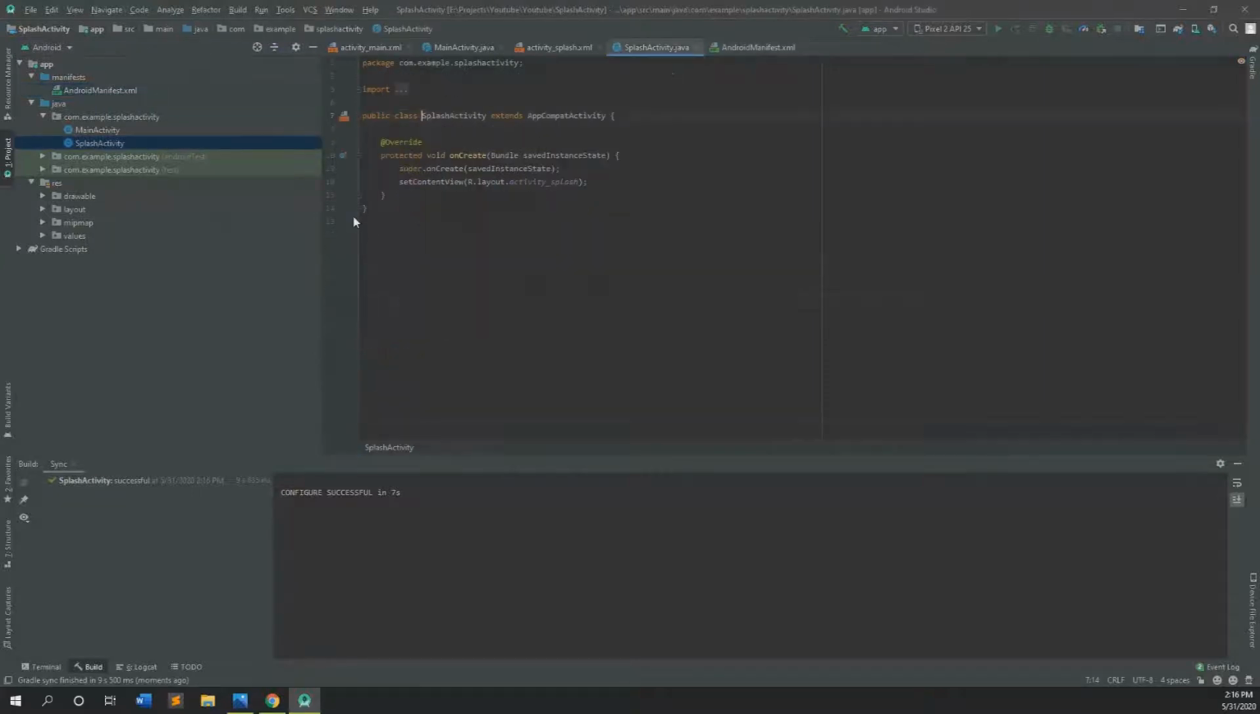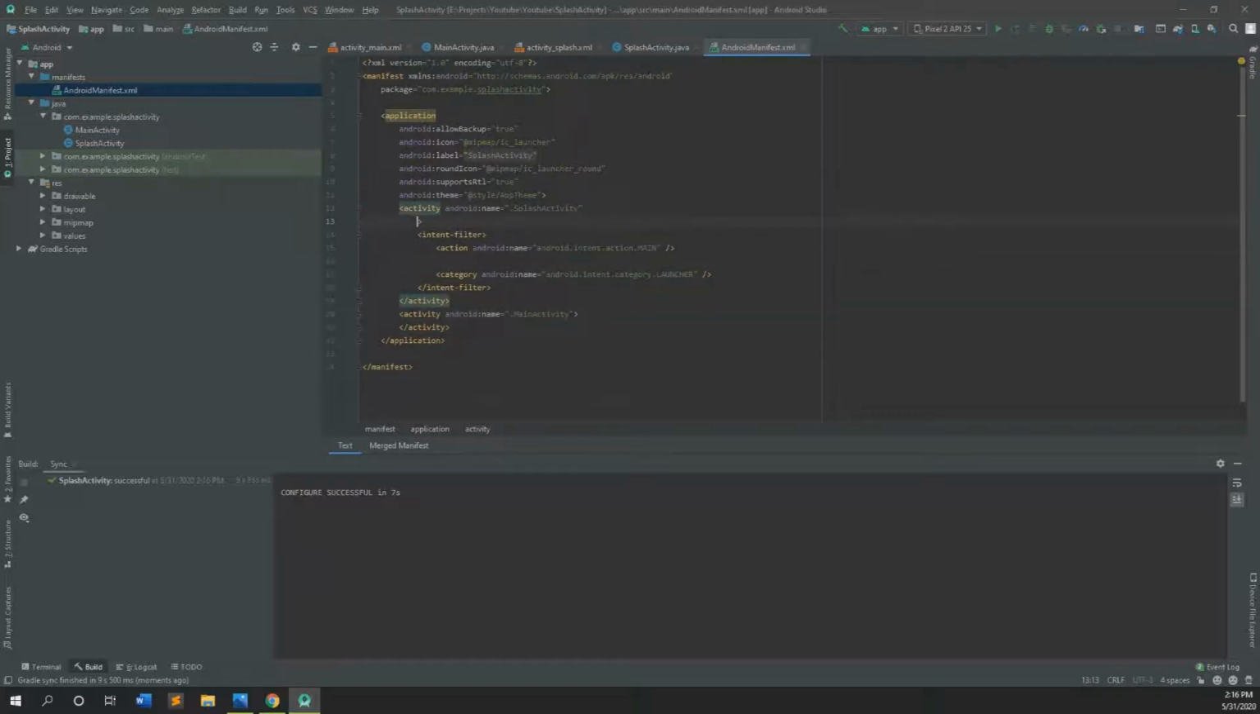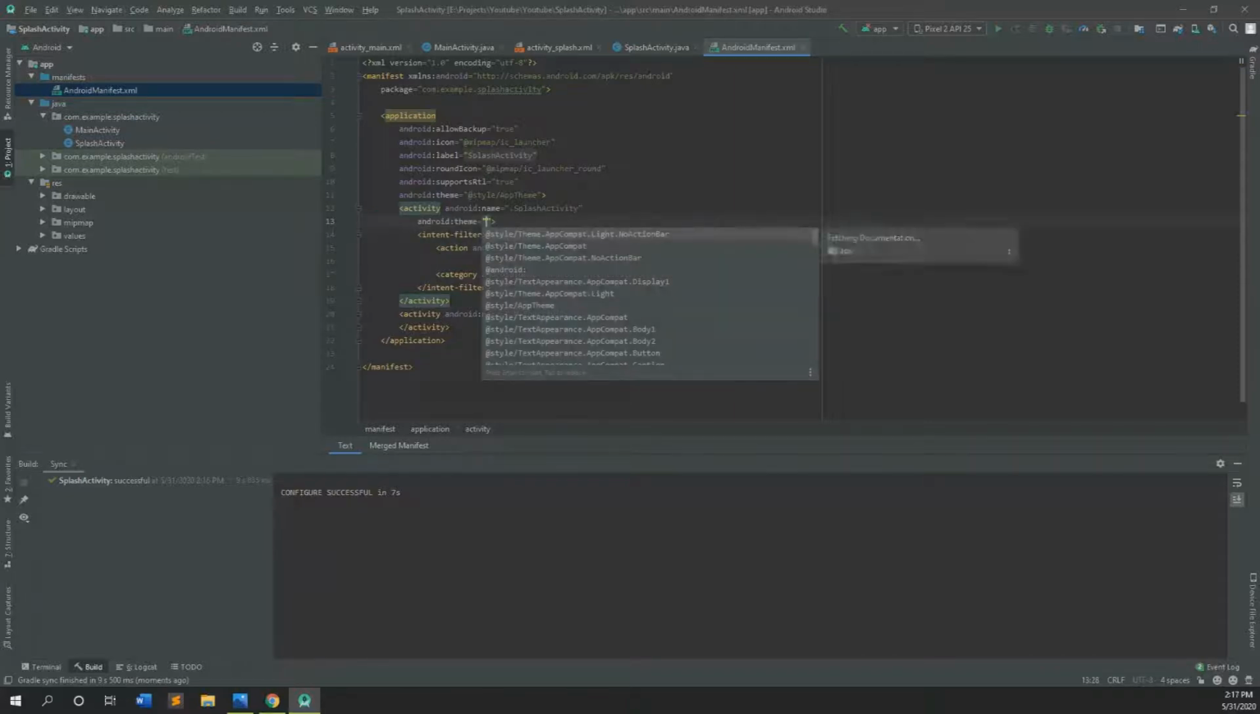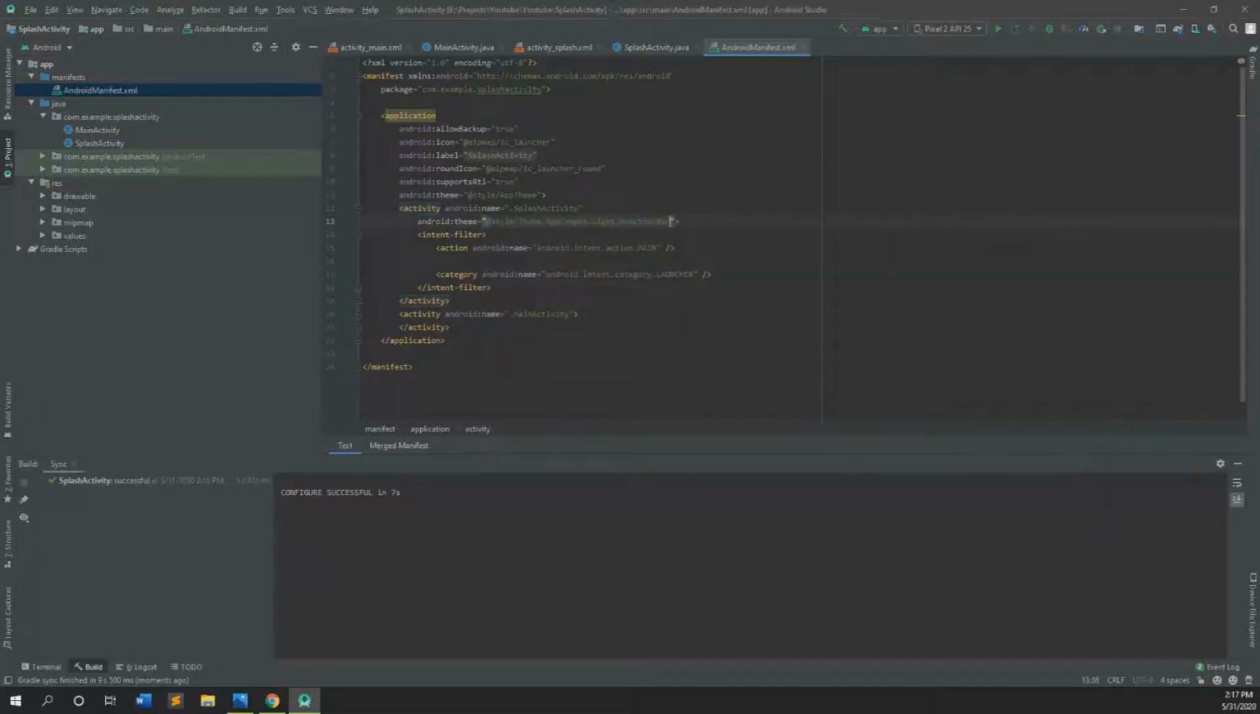After that, go to Gradle. For the splash activity, we need to remove the toolbar theme. Theme app compact light, no action bar. This one, it will remove the toolbar. After that,